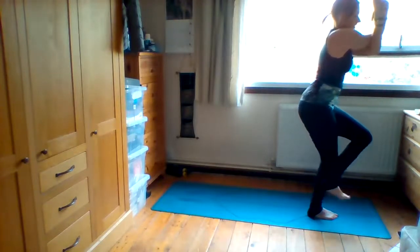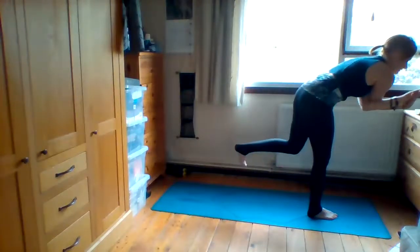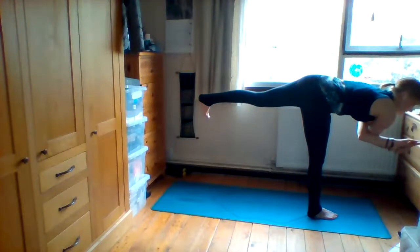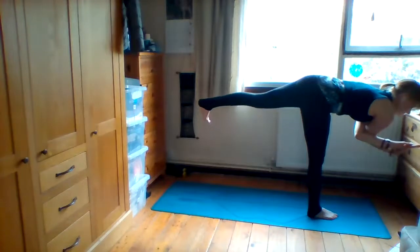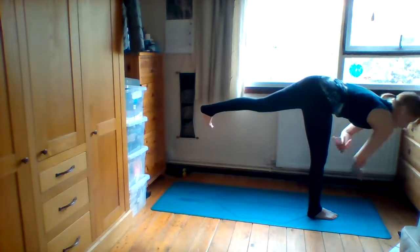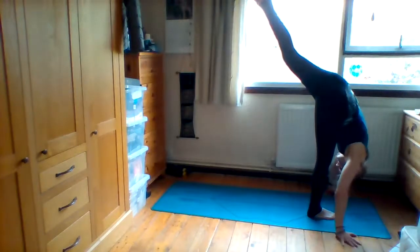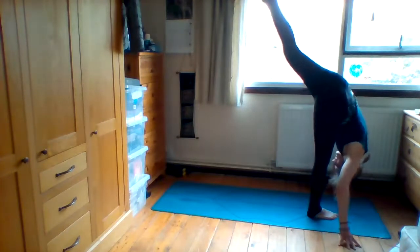Releasing the legs out, starting to tip forward, trying to not put the foot down, but if you have to put the foot down, never mind. Taking a few breaths in warrior 3. Then releasing the hands, drop the hands to the floor, maybe take a breath or 2 in standing split, so point the left toes, push that foot up towards the ceiling,